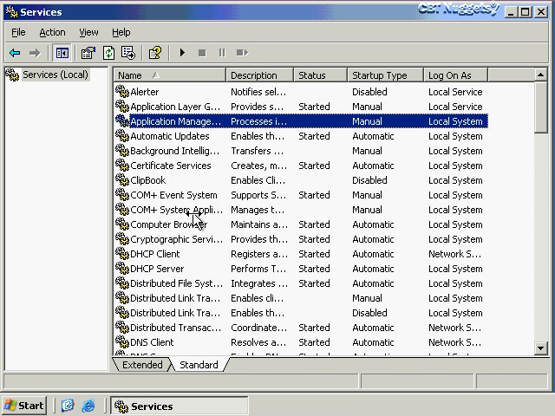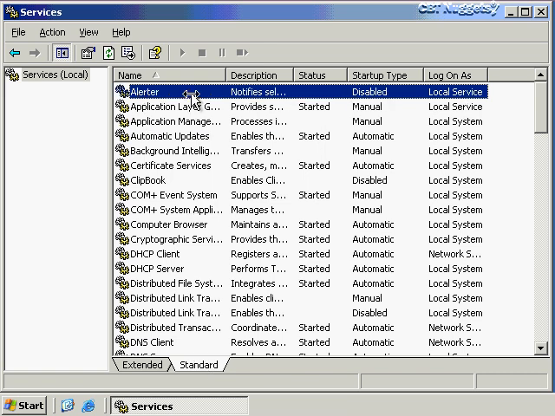For example, let's just start right up here at the top. We have the alerter service. Let's just use that as an example of a service that we can take a look at. Now, services are like those servers down in Mexico. They're often just hovering, waiting for something to do, although you can see that this server, apparently it's their day off because this one's totally disabled.